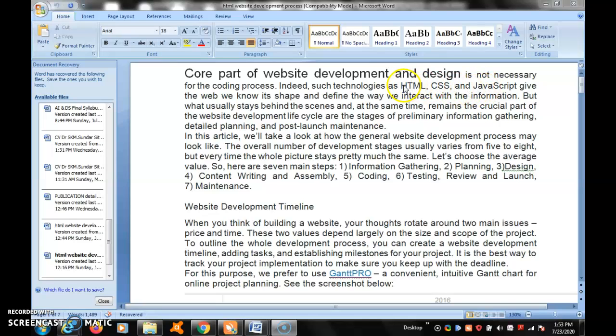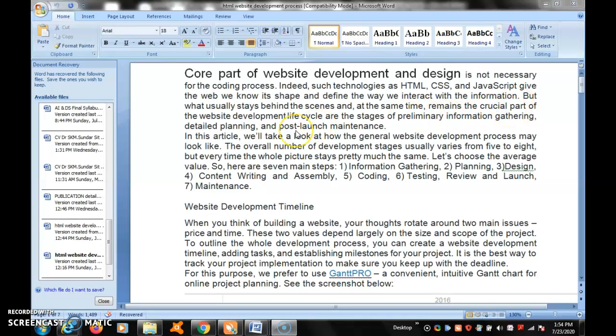Our syllabus fully covers only HTML, CSS and JavaScript. So this technology gives the web we know its shape and defines the way we interact with the information.